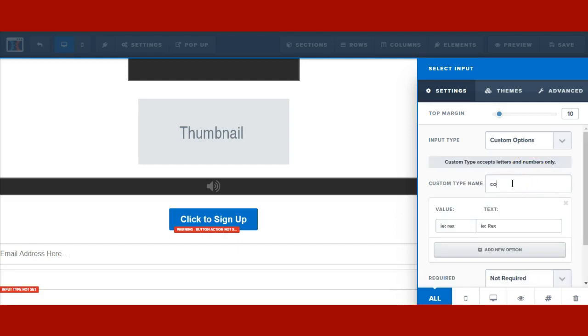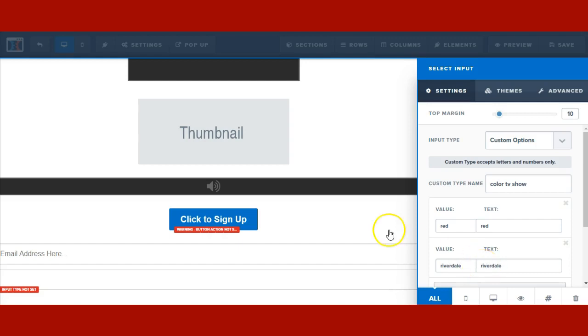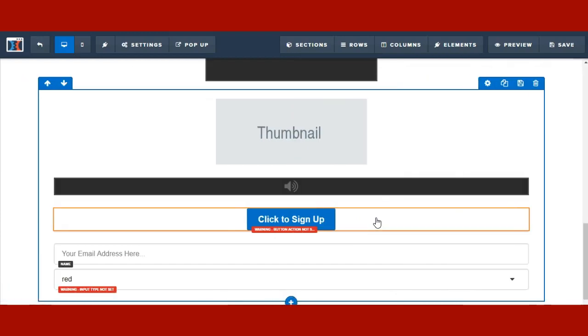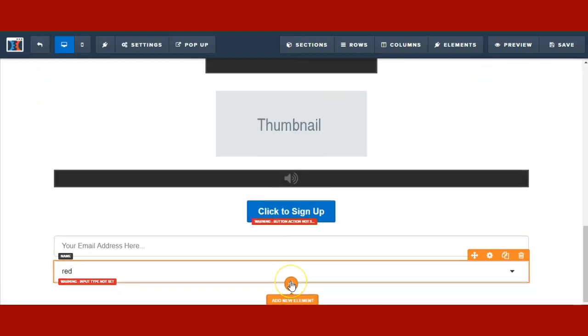let's say, color, or what TV show they want to watch, or whatever. So you just need to put in, say, red, and then red, and then let's say favorite TV show, let's say Riverdale, so it will give them options, right? So the next element